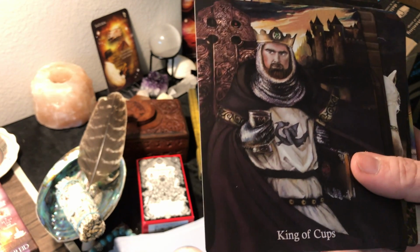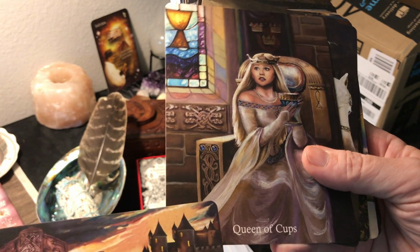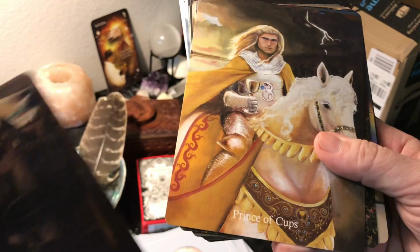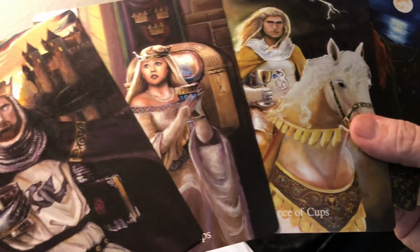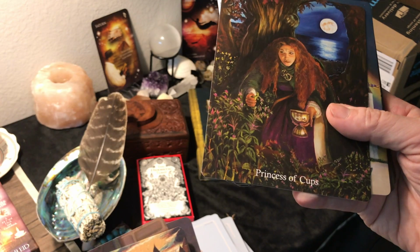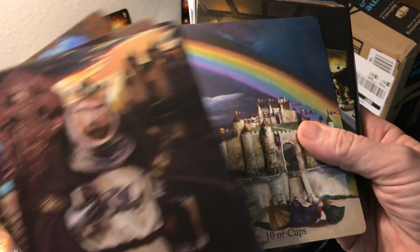The cups are my favorite. There's such a story, a love story in these cards. So you've got the Queen of Cups, right? And the King. And then you've got this Prince here, right? If you see these 3 characters, you'll notice that there's a story that goes on with them. Then there's the Princess of Cups, 10 of Cups,